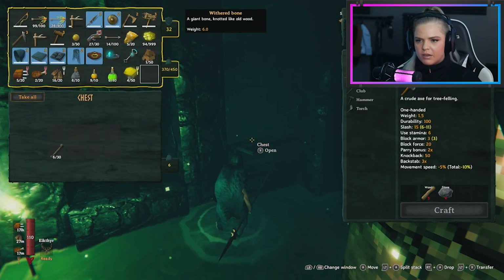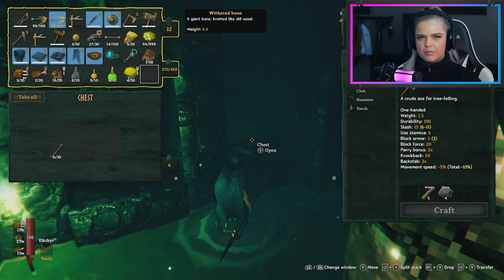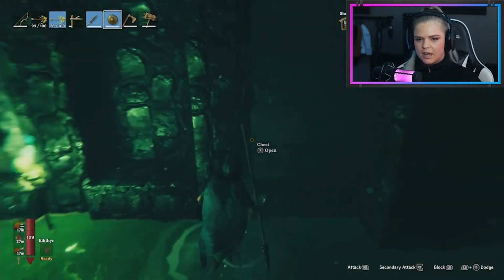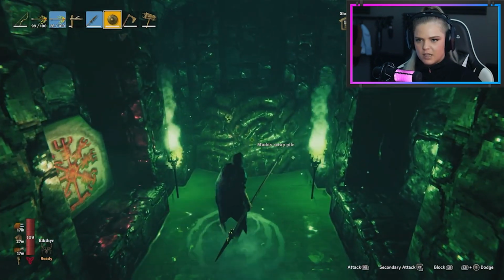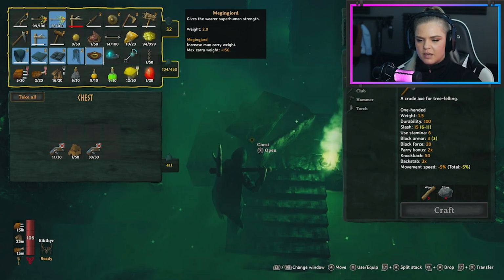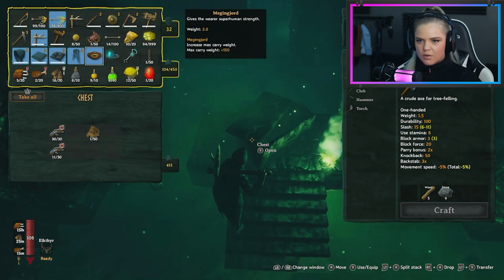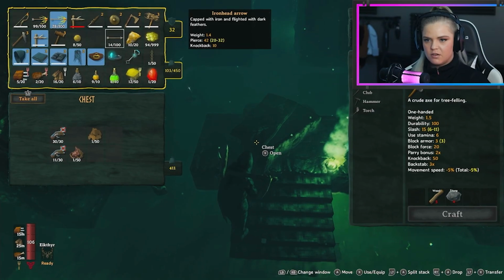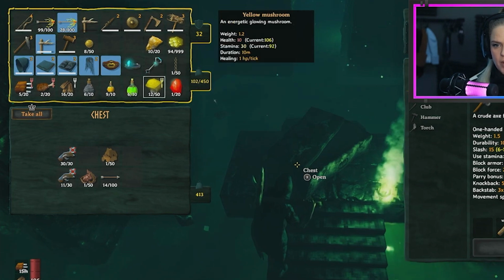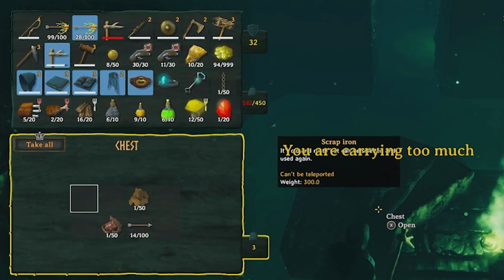I think we don't need a withered bone. I think they're only needed for the bone mass fight. So I think it's pretty safe to say that we can leave it behind. Maybe I'll dump all my scrap irons in here real quick and then I'll just immediately come back for them. Or, wait, maybe I'll try to carry as much scrap iron and throw everything else away. And then I'll come back for everything else. That sounds kind of like a better plan because...